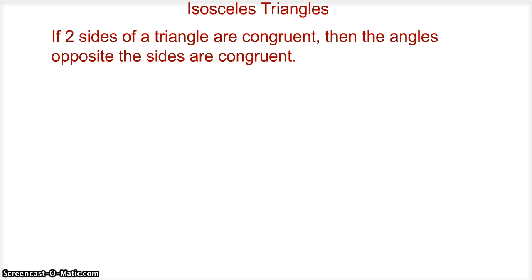Of isosceles triangles. Alright, so if two sides of a triangle are congruent, then the angles opposite the sides are congruent. So this is kind of what I just hinted with on the other picture. Alright, so all this statement is saying is that if you have an isosceles triangle,